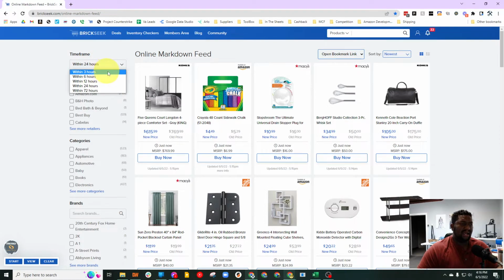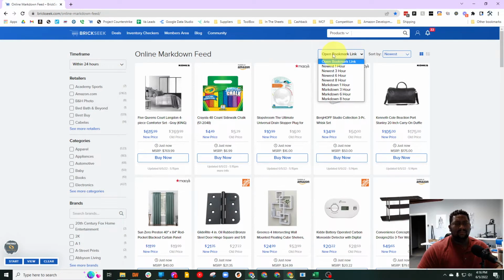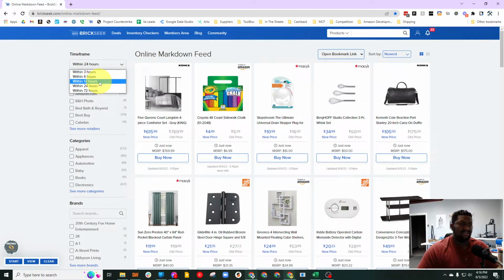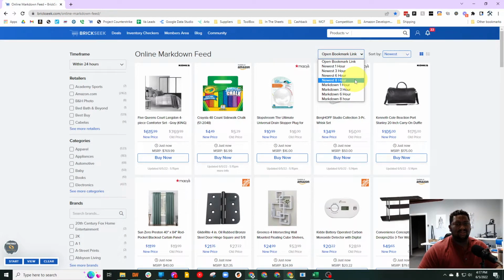So in our custom search selection bar, let's talk about this. BrickSeek gives you the option to search 3, 6, 12, 24, or 72 hours. When searching more than 12 hours, really 8 hours is the spot, those leads aren't going to be available anymore, and you're going to end up wasting your time evaluating stuff that is profitable, but you can't purchase anymore. So we found the sweet spot: instead of a 3 hour, we can do a 1 hour, a 3, a 6, and an 8. And those are really some of the key search time frames that you want to use.